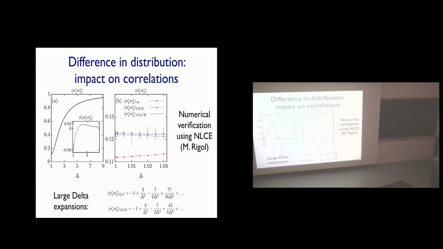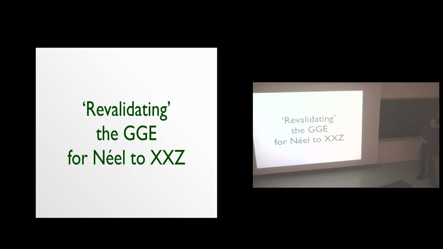You know, why doesn't the GGE work? Because manifestly the quench action, in its kind of non-negotiable nature of going through the overlaps, if done correctly, gives you the thing. So that's why we hesitated quite a lot to publish these things, because we weren't sure that we were doing everything. But at some point we became confident enough. We said, yeah, that's just it. GGE doesn't work. So now the story continues with this, where we managed to revalidate the GGE.